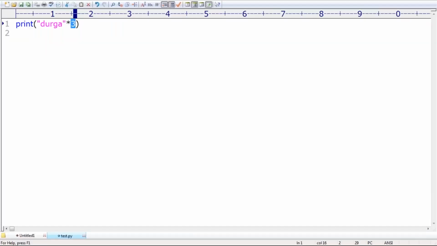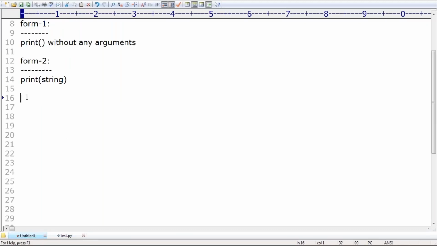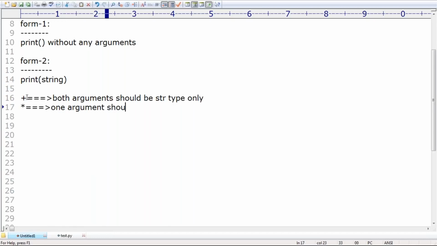Next, the repetition operator can also be used. But make sure whenever we use the plus operator, both arguments should be str type only. Remember. If I use the star operator, one argument should be str and the other argument should be int type.